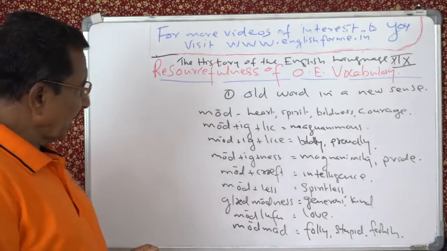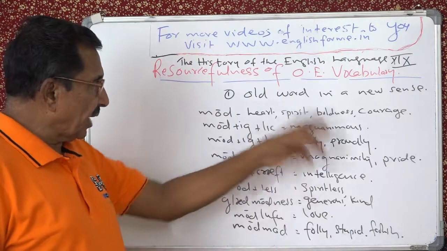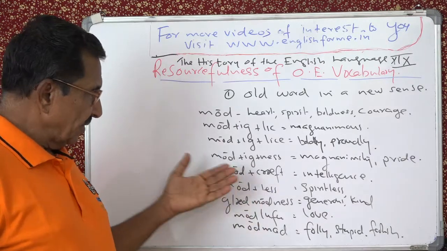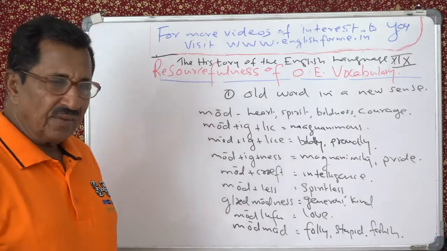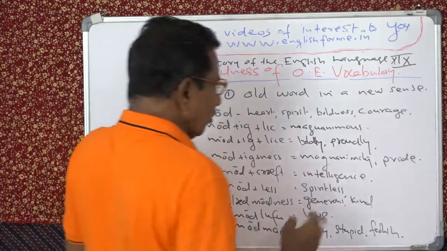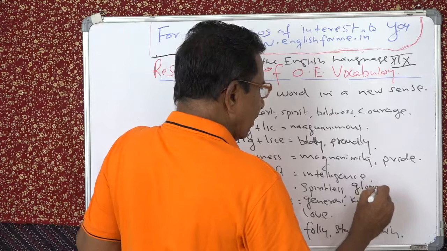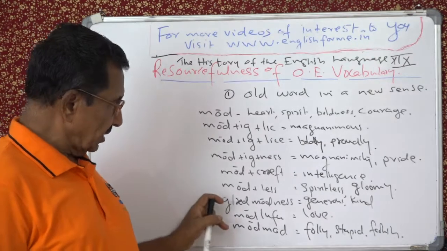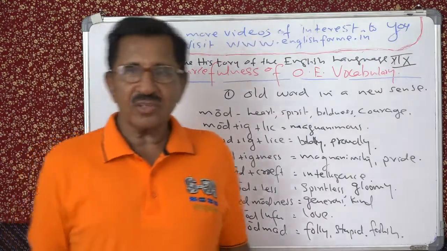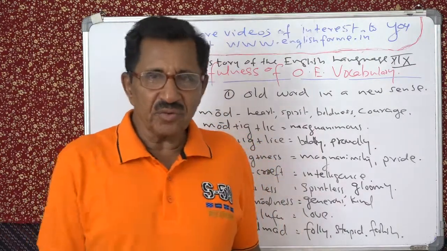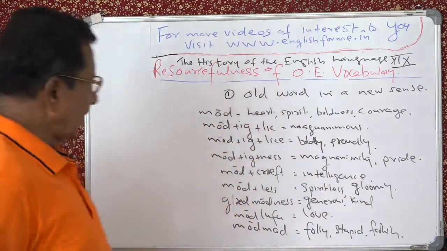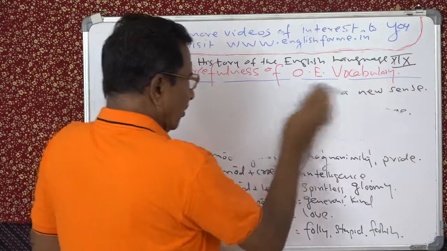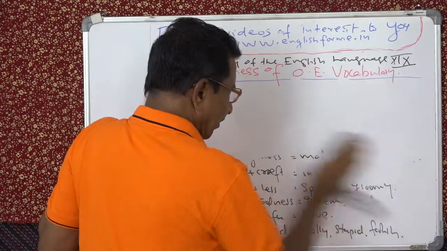How many new ideas now? Heart, spiritual, hearty, boldness, bold, pride, courage, courageous, then proud, proudly, magnanimous, intelligent, spiritless. Spiritless means gloomy also, again. A person is spiritless. That means it's gloomy. Another meaning. You understand? When somebody is sitting very sad again, what is the word? Spiritless. Moodless. Today also we say, he has no mood. I don't have mood, we say. So that's one way of tiding over this problem of not having many words to express different meanings.